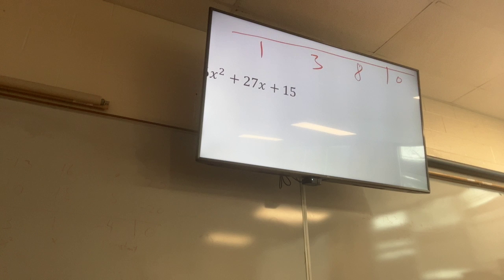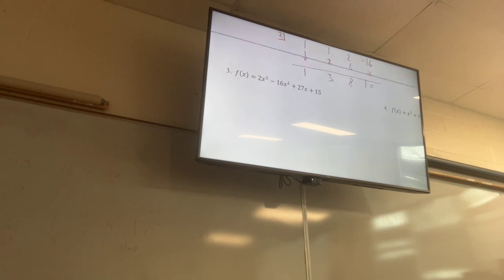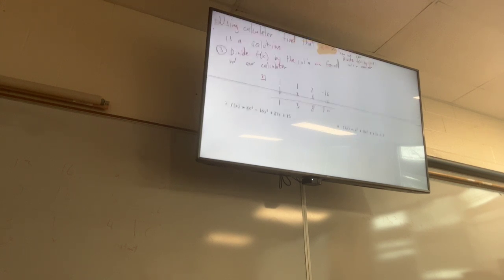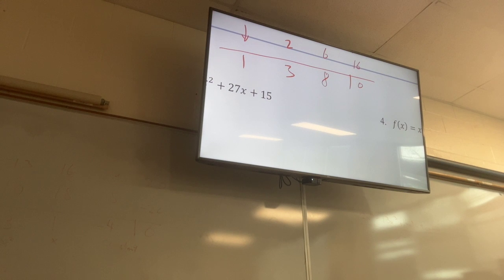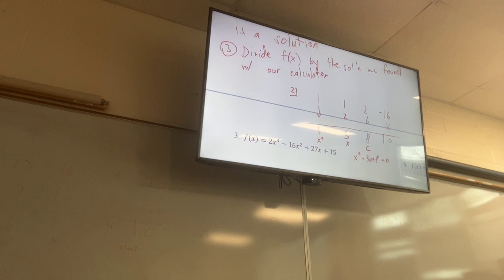So what polynomial is this? If I got 1, 3, 8 on my bottom line, what does that correspond to? This is my constant term, so I'm just going to write a C there for constant. This is my x term, and this is my x squared term. So my result was x squared plus 3x plus 8. Once you have a quadratic, which we do here, the fourth step is